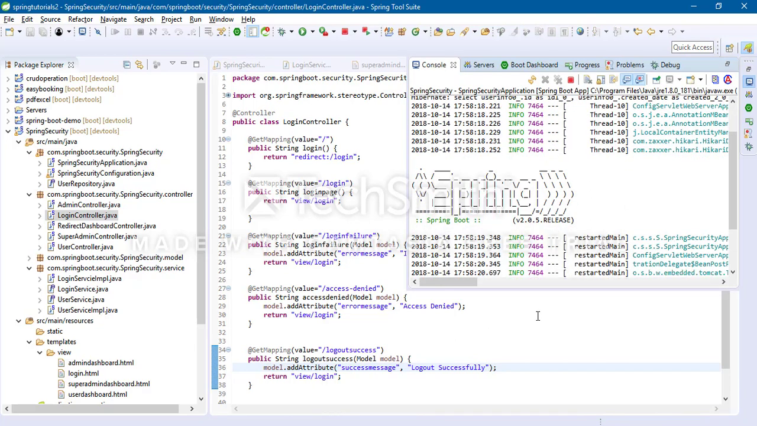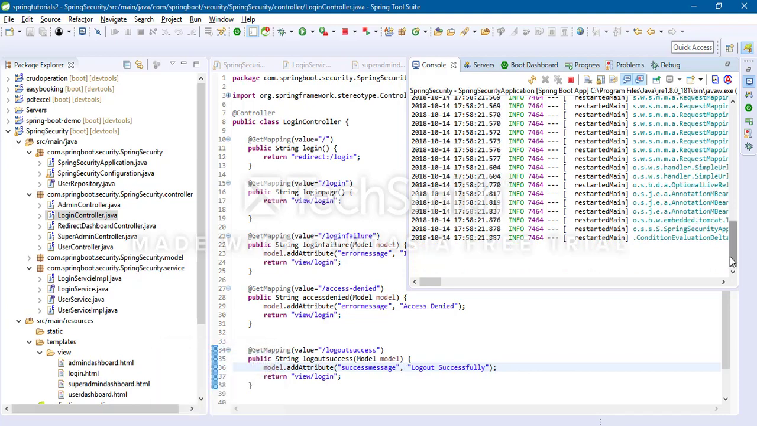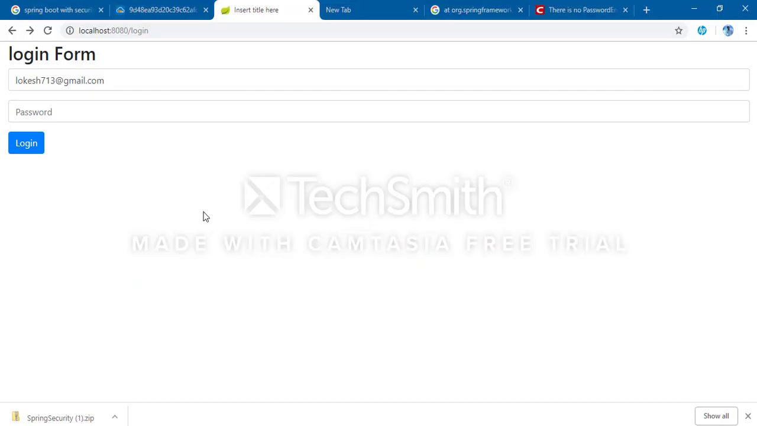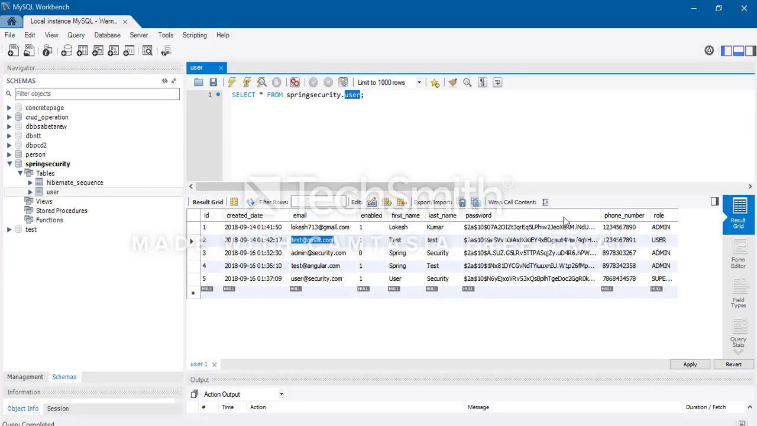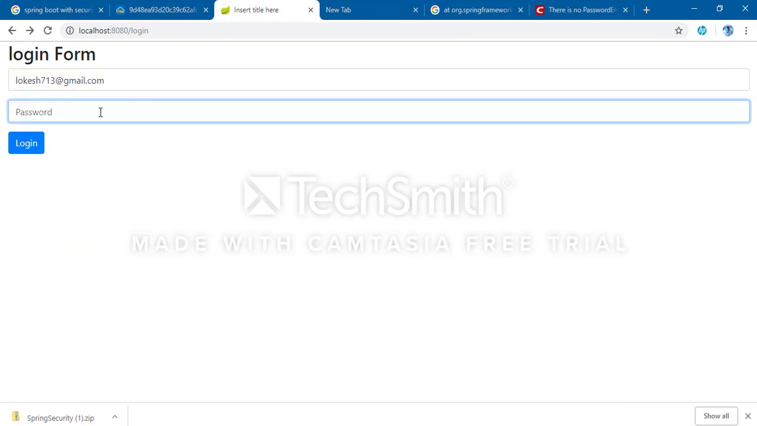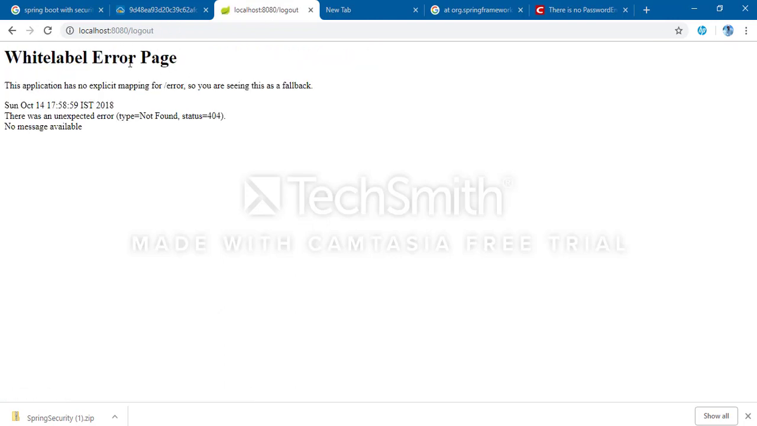Now I'm going to show the final demo of login. After that I'm going to perform auto login functionality. So the service has started. Now I'm going to log in one by one. First time, login 713, the admin. If I log in as 713, it's redirecting to the admin dashboard page. Yes, welcome to admin dashboard. If I click logout,